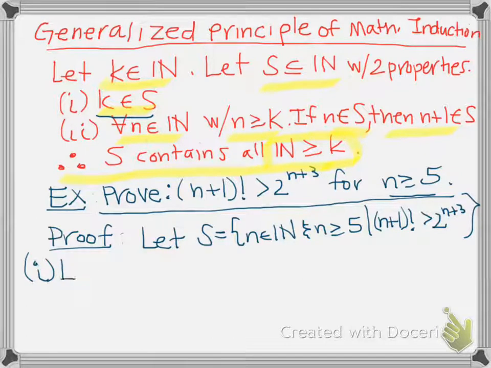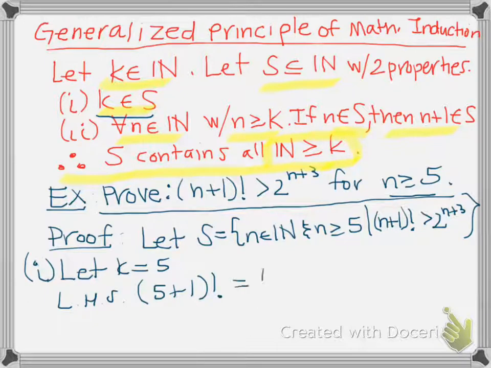So we're going to let k equal 5. If we let k equal 5, then I'll also mention what I talked about in class in terms of the left-hand side and the right-hand side for the actual proof. But for now, for the base step, for the left-hand side, we have 5 plus 1 factorial, which equals 6